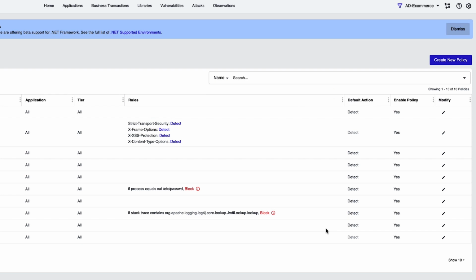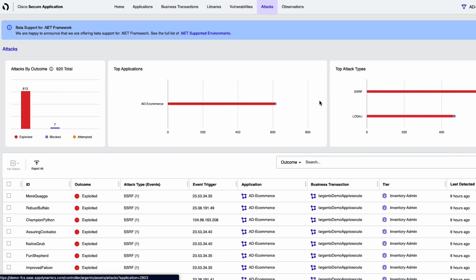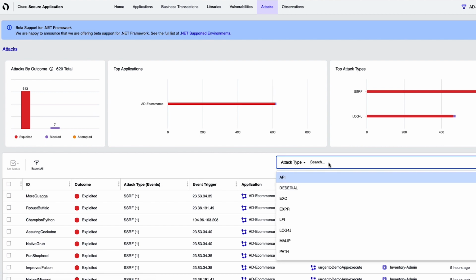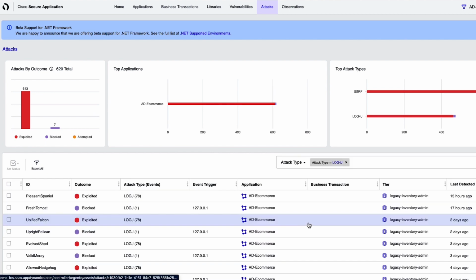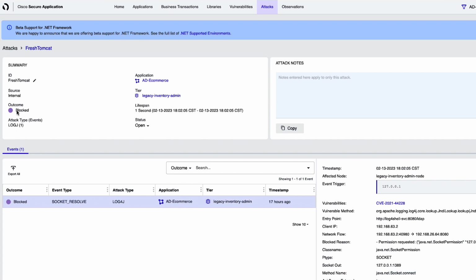We do not have to restart the application or even the agent for it to take effect on this or any subsequent changes to our policies. We can confirm this policy by going back to the attacks dashboard and confirming that the attempted exploits are now being blocked. Secure Application reduces the risk of security exposure by providing our customers unique runtime abilities to protect applications,